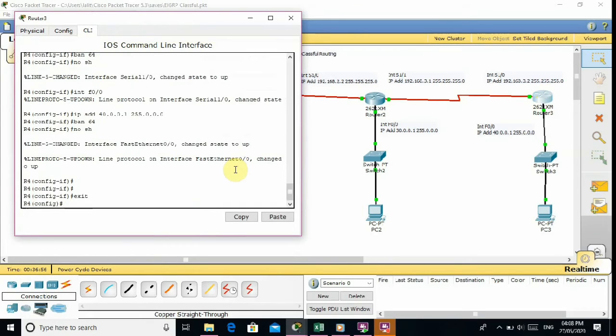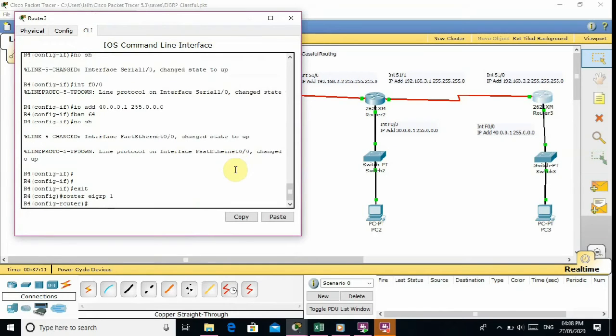Now I will configure router 4 with EIGRP. Here I come to configuration terminal mode. Now typing router EIGRP 1. This is the group. Network is 192.168.3.0, which is connected to router third.